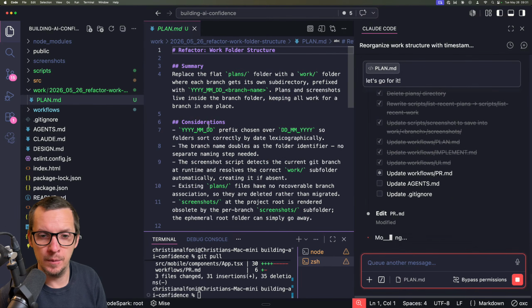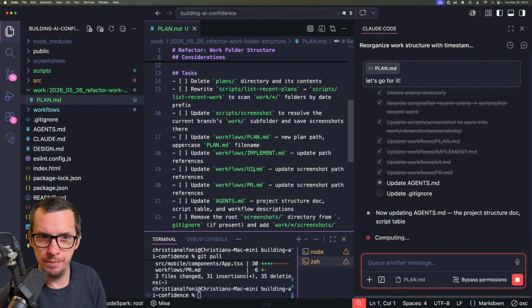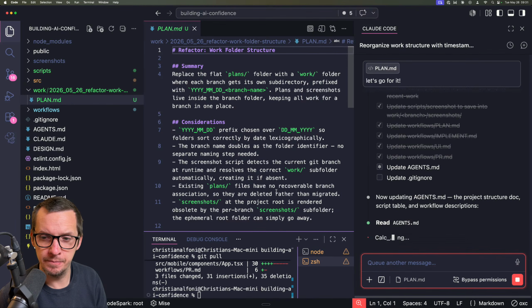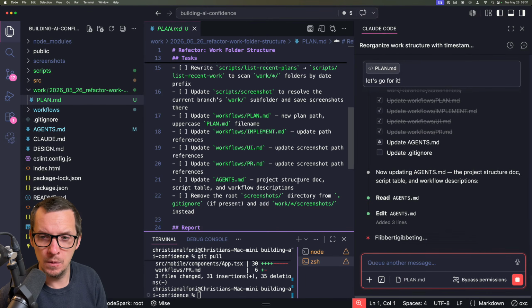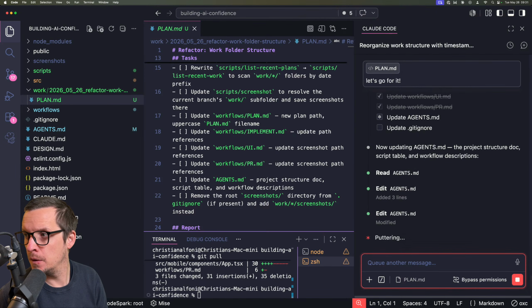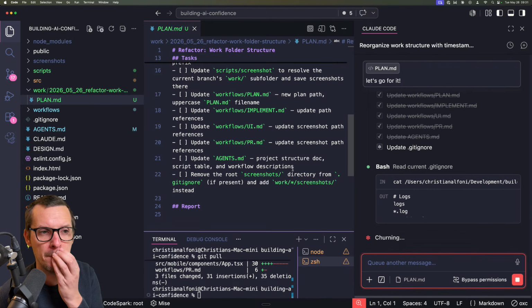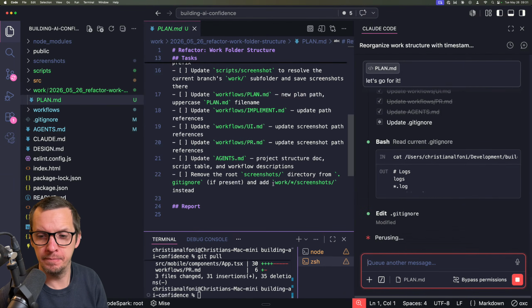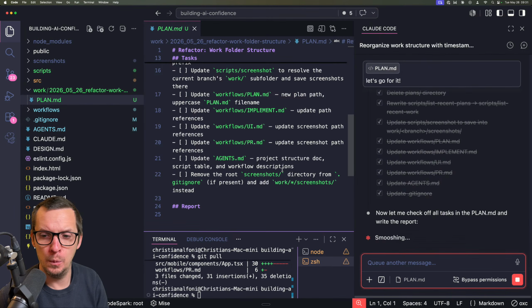Oh, yeah, I think the instructions are a bit broken now, so it doesn't actually update the plan file, but that's fine. Oh, yeah, now it checks them off.